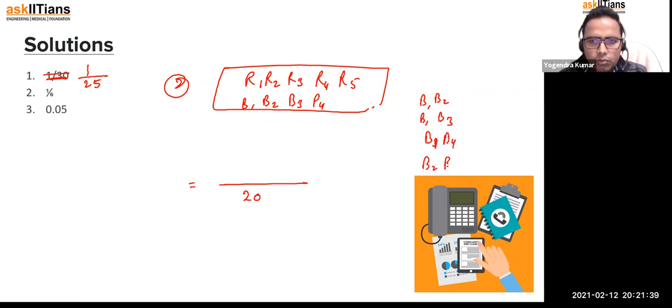Now B2, B3 could also be there, and B3, B4 could be there. So what is the answer we're getting? Once again, B1, B2, B2, B3, and one more, B2, B4, that also could be there, right? So 6 divided by